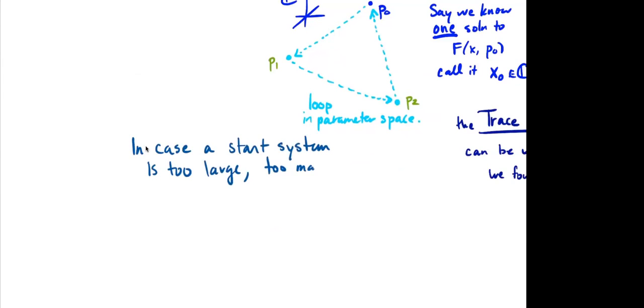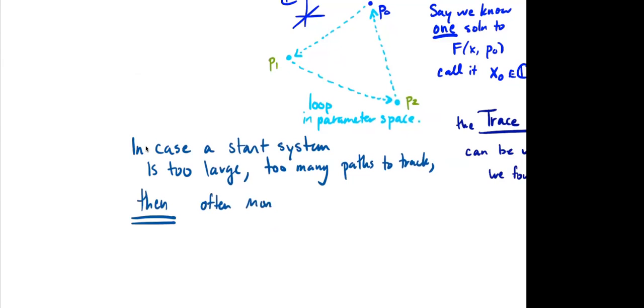So I'll just write that here: in case a start system is too large, too many paths to track, then